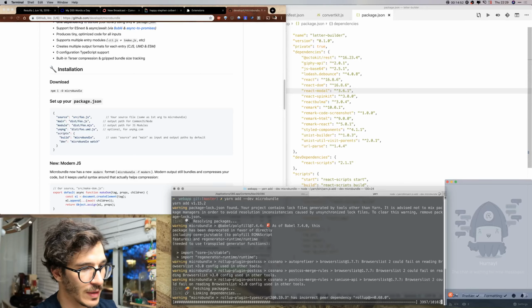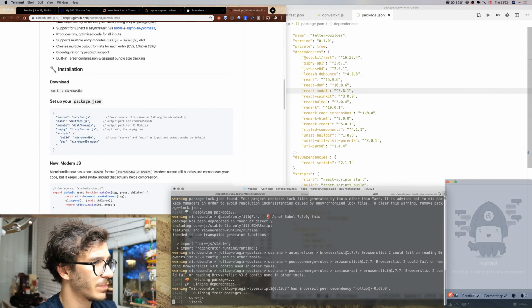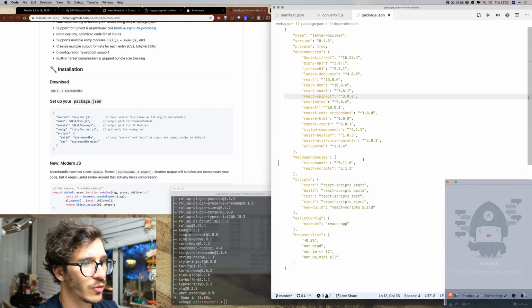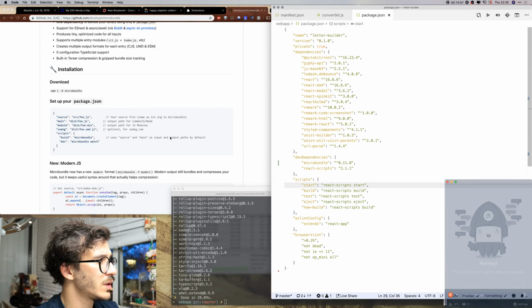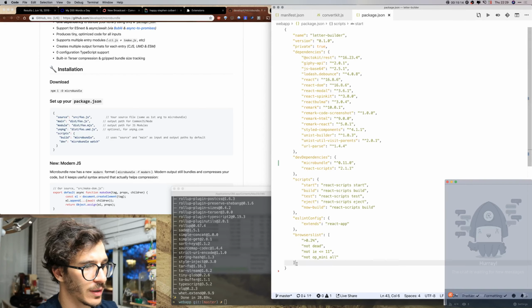Let's see. So that's loading. Takes a little while to install microbundle, which is silly, but that's how it is. Alright, so we added microbundle. Now we need to go into package.json and we're going to set it up. Let's just add it at